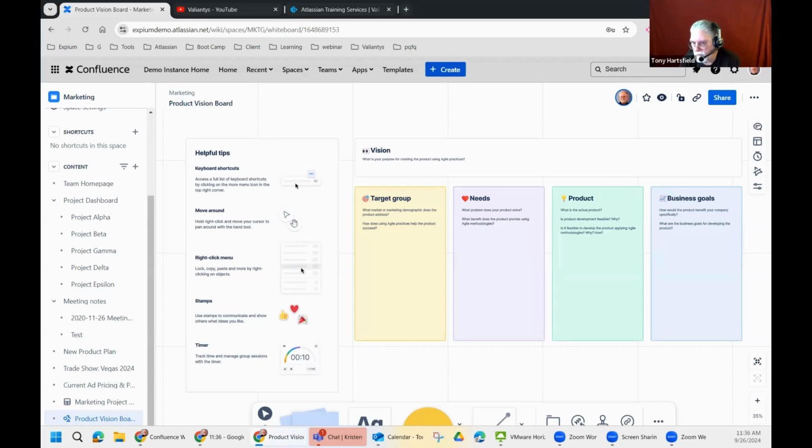I'm hoping you're seeing a lot of flexibility within this, and that Atlassian continues to improve and add additional functionality. There's a couple other things I want to talk about as well before we finish, but